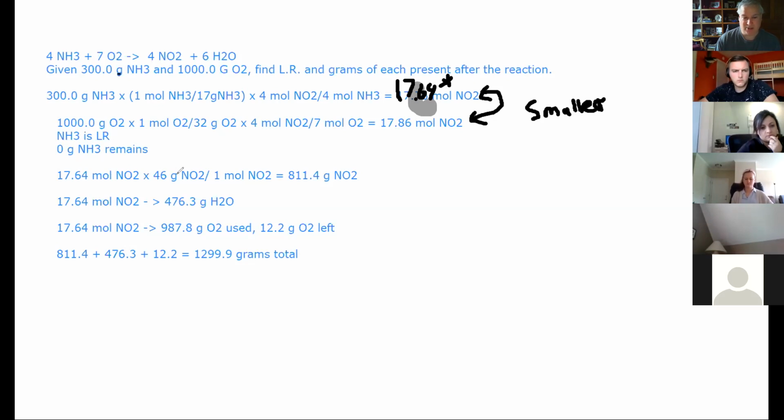Very simply, convert that to grams of NO2. Using the gram to mole conversion, you go from moles of NO2 to grams. I got 811.4 grams of NO2. I was typing this in at the last second, so I skipped a little bit here. But again, starting with 17.64 moles of NO2, if I'm interested in water,